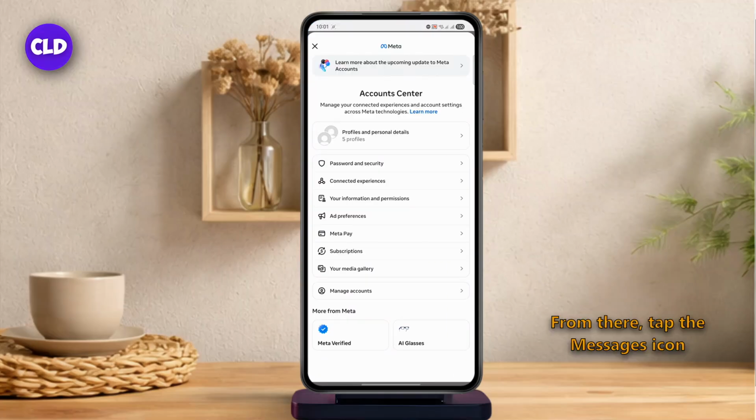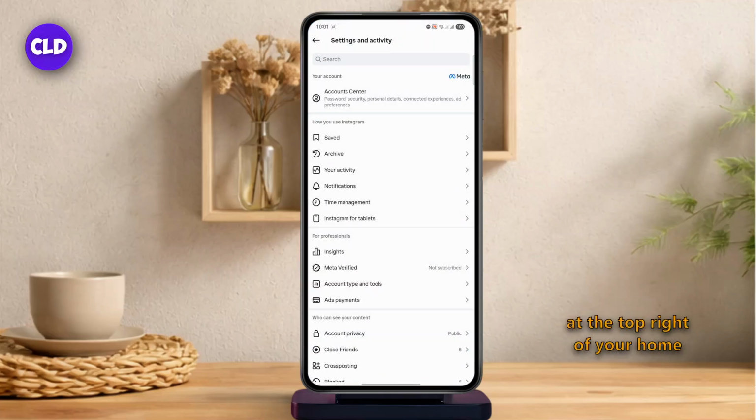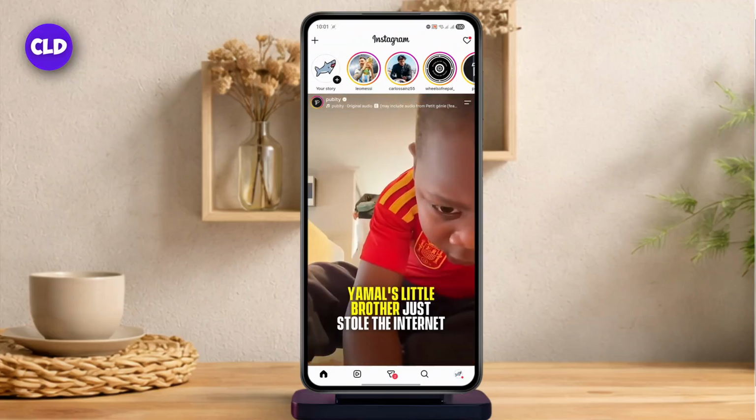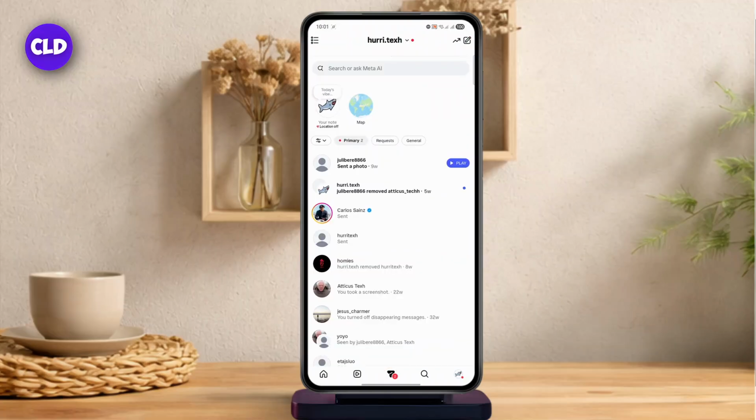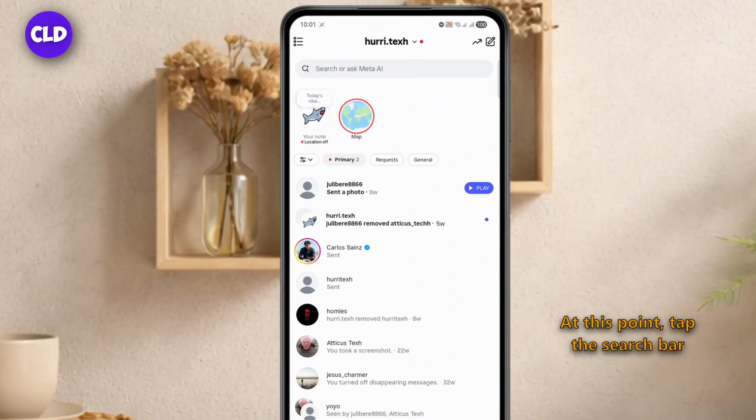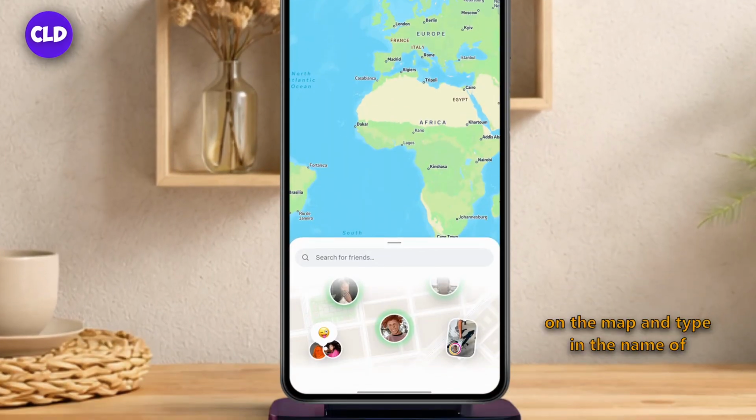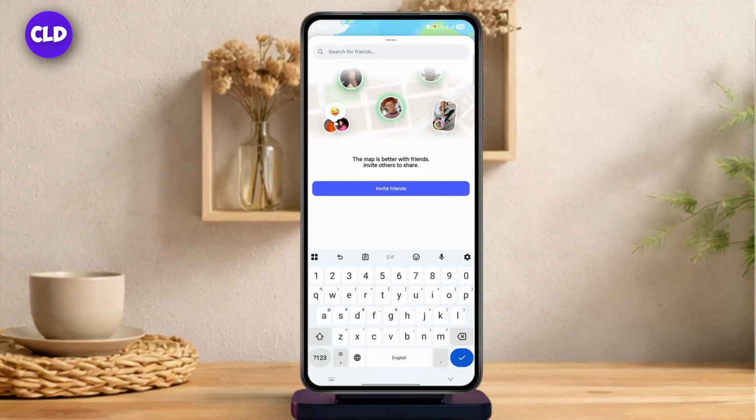From there, tap the messages icon at the top right of your home screen to open your inbox. After that, look for the map option near where notes would normally appear and tap it. At this point, tap the search bar on the map and type in the name of your city, neighborhood, or